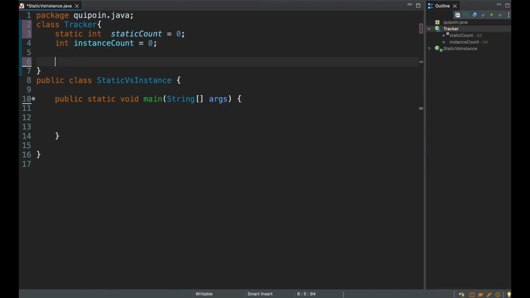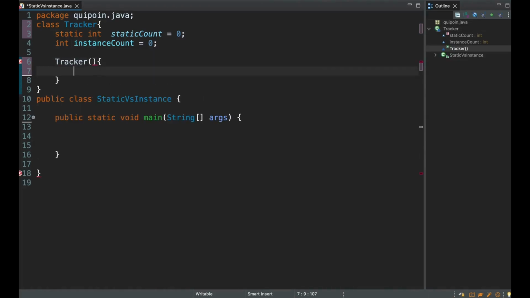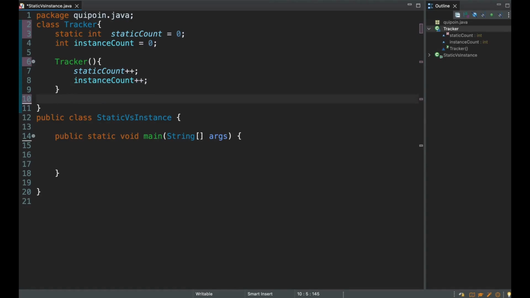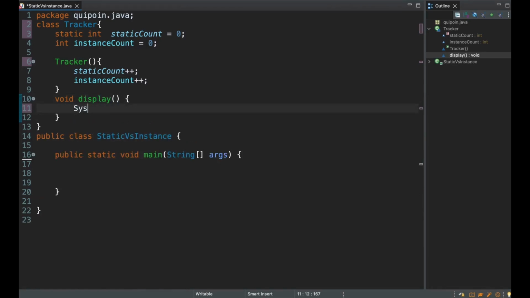Now we will write Tracker and then we will close this with curly braces, and we will increase our static count with the increment operator, plus plus, and the instance count too with plus plus, and end this with a semicolon. Now we will go to our void, and so we will write void display and then parenthesis with curly braces. We will print this by writing